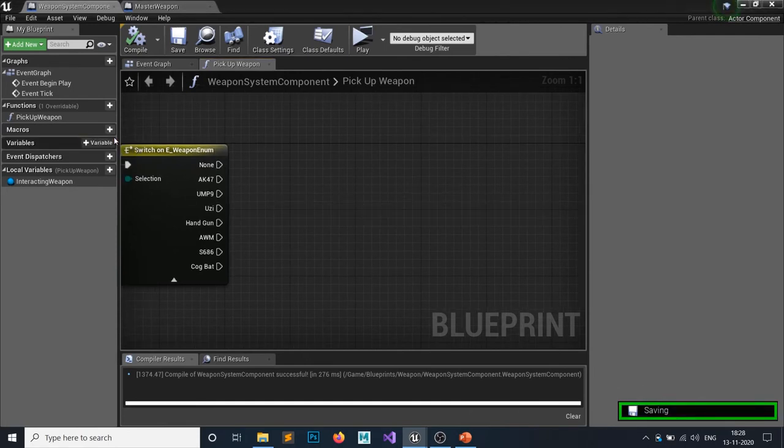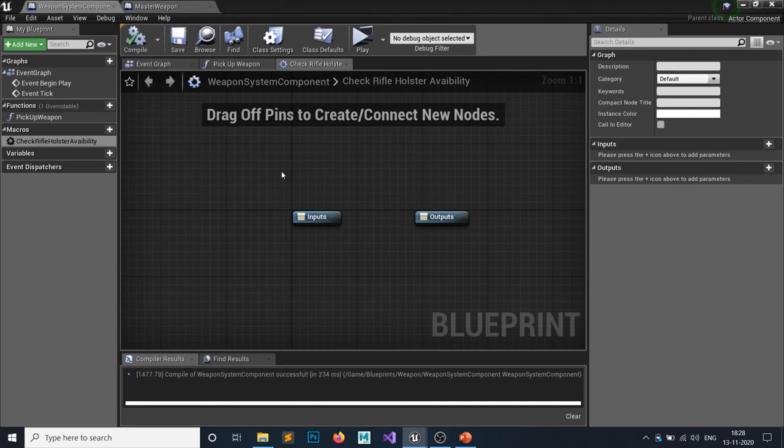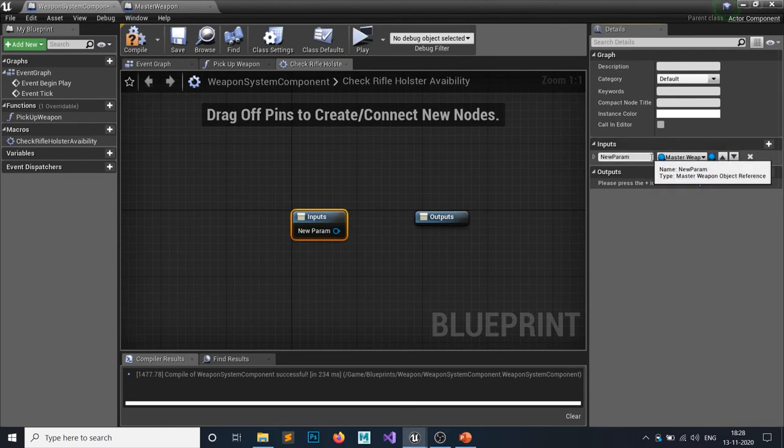So let's make a macro. I will create a check rifle holster availability. Yeah, it comes. This rifle holster has one input called in.